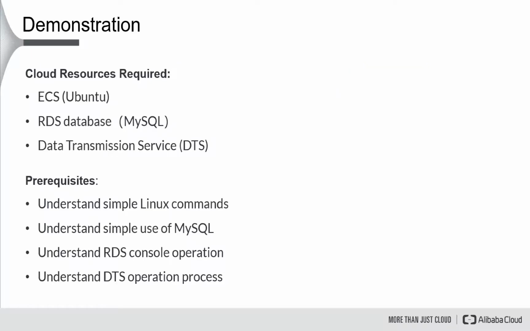The main content of this demonstration is to explain how to migrate self-built MySQL databases based on ECS to the RDS for MySQL database. The data migration process is implemented through the Data Transmission Service, DTS. The study of this demonstration includes the following knowledge points: